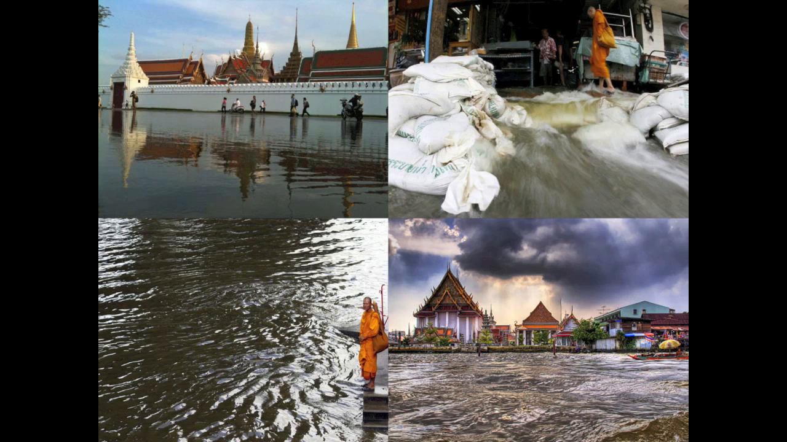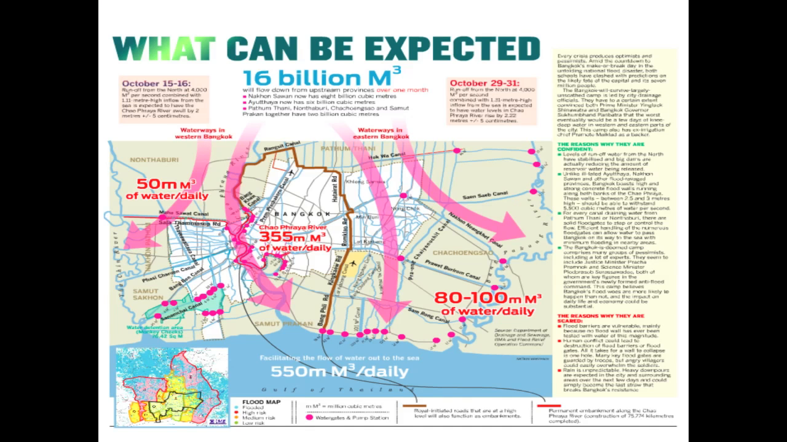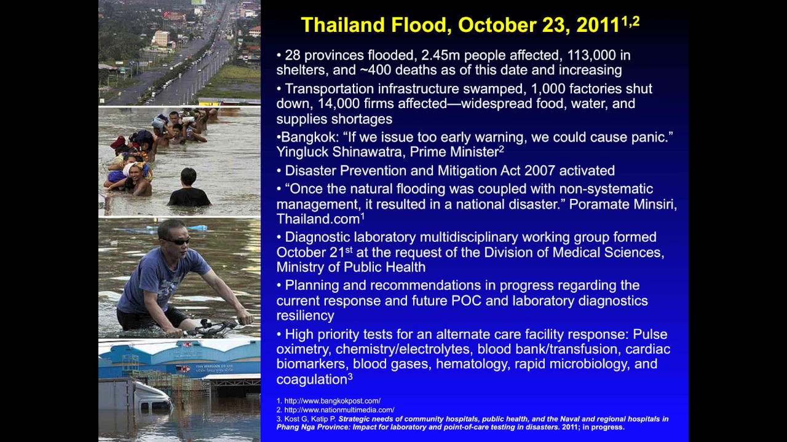Well, the next slide shows the flooding in Bangkok. I was personally involved in this disaster. The next slide shows the flow of water as it moved from the middle area of Thailand, which experienced torrential downpours, into the Bangkok area to the south. The next slide lists some of the devastation that occurred. And if you look at the middle of the slide, you'll see that